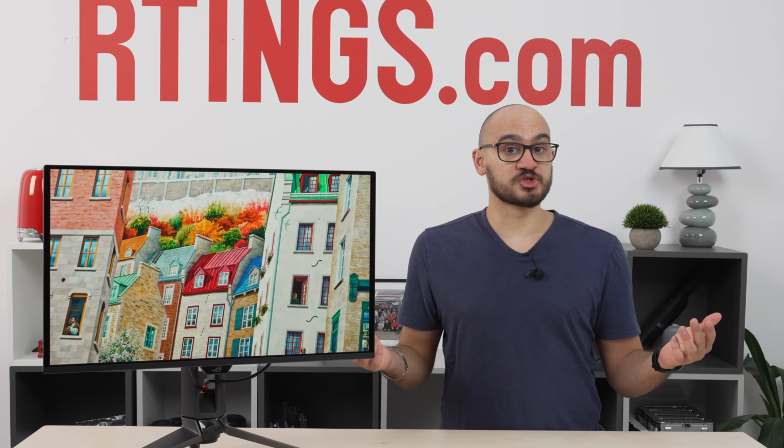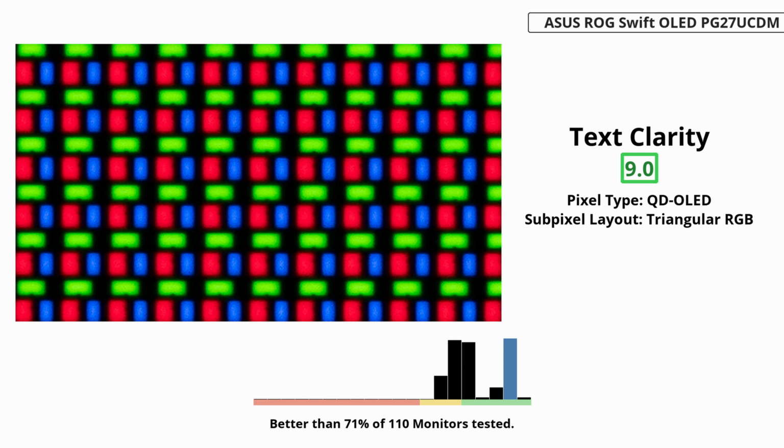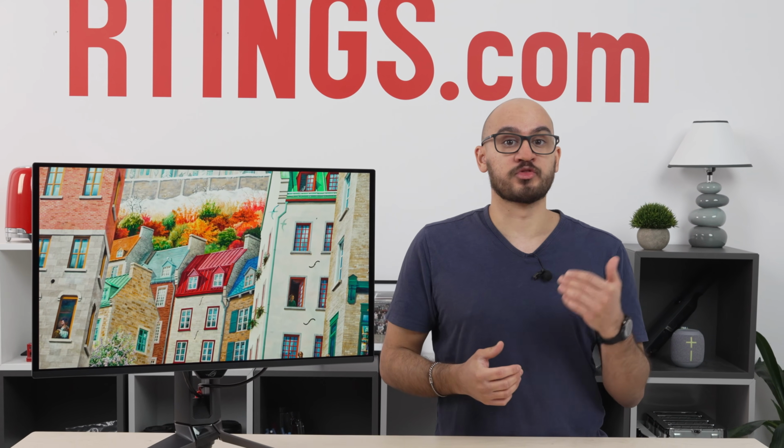But what about its picture quality? There's a ton to offer here too. We'll actually start with the text clarity, since this is something that sets it apart from other QD-OLEDs. With a pixel density of 166 ppi, text looks incredibly sharp. It's pretty close to 27-inch 4K LCD monitors when it comes to this, and it's a clear upgrade over 32-inch